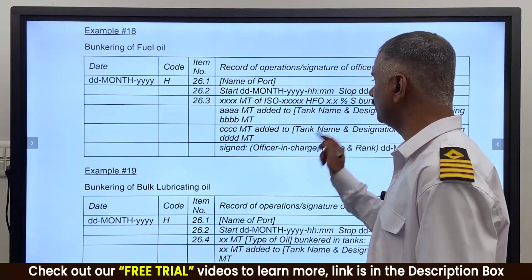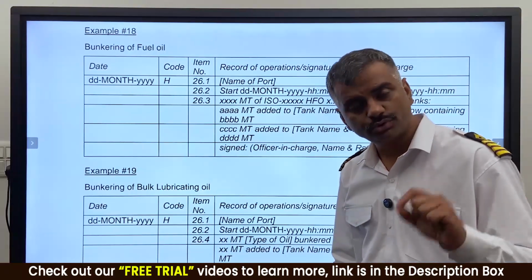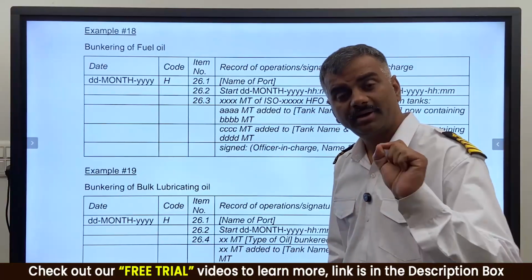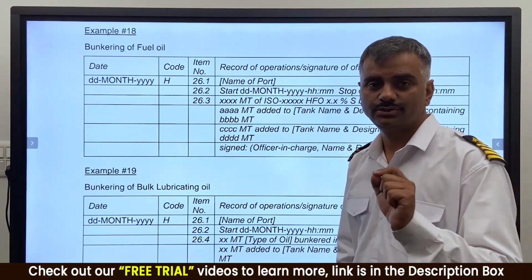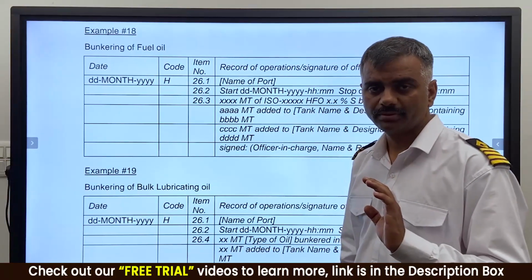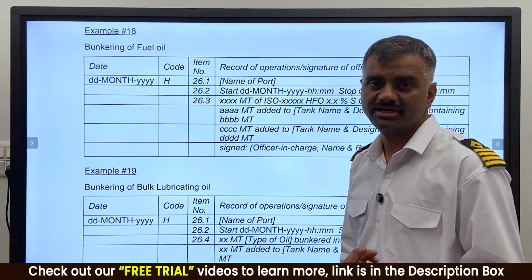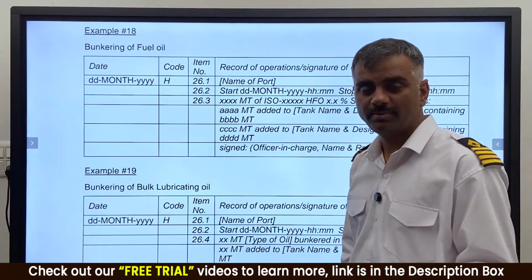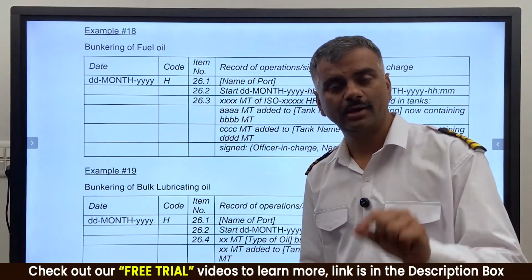Okay, for the amount of oil you have received, say you have issued an LOP and they have refused to sign. In that case you have accepted the BDN, but in the BDN you can give a remark that an LOP has been issued and the BDN is accepted with this LOP. The vessel will not leave, or the bunkering will not complete, until you put your signature into the BDN. So if they are not willing to sign the LOP and you are accepting the BDN, please put a remark on the BDN saying that an LOP has been issued,